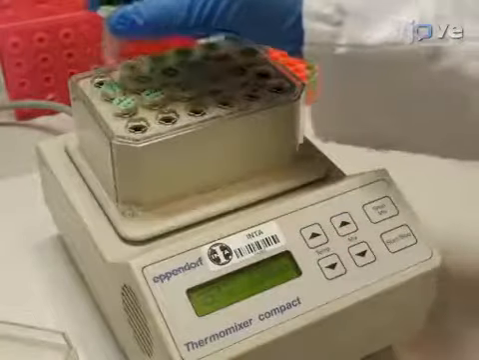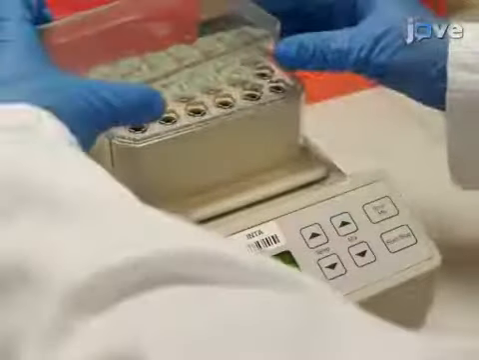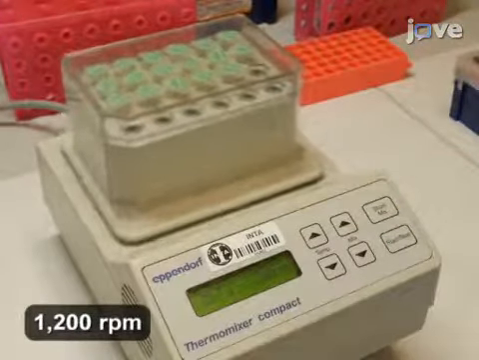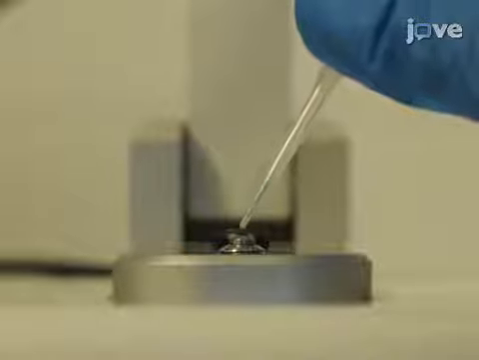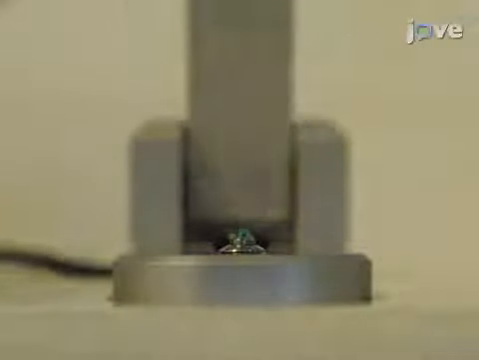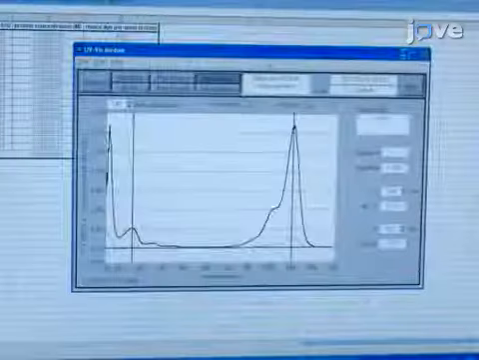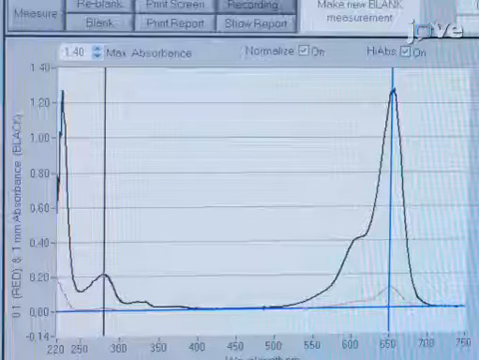Maintain the labeling reactions at ambient temperature under continuous agitation on a vibrating platform for 1 hour. After purifying the labeled antibodies according to the text protocol, load a small aliquot into a spectrophotometer and measure the absorbance at 280 and 650 nanometers. Calculate the labeling